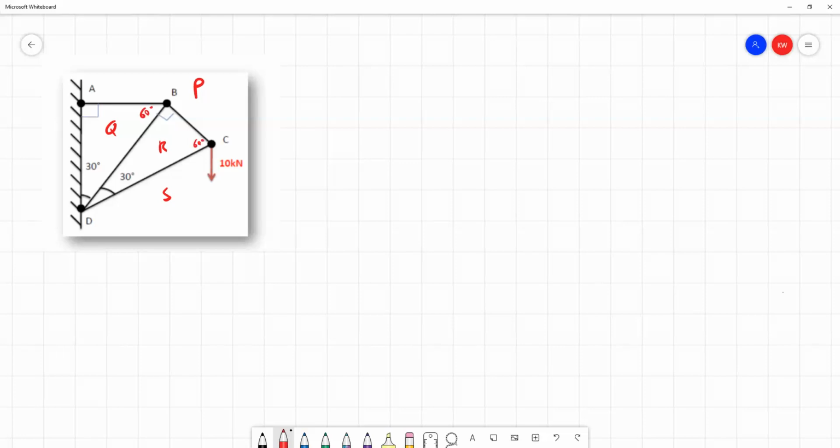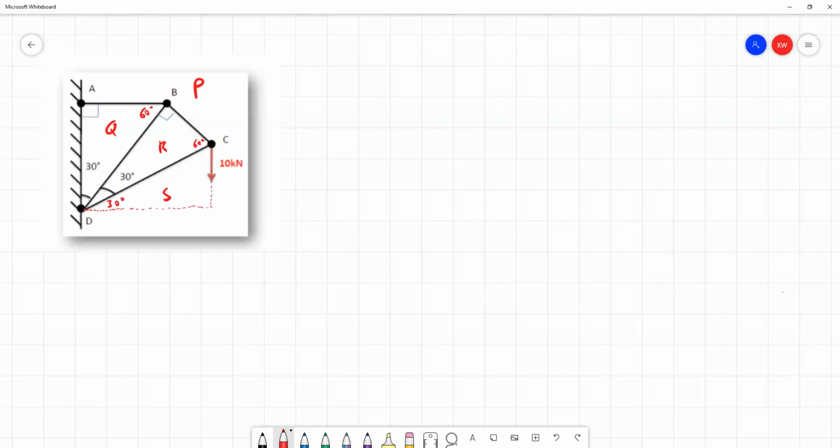This allows us to do something else as well. If we take a horizontal line out from point D, we know that between the wall and this line we must have 90 degrees. And since there's 2 30-degree angles already, this means this must be a third 30-degree angle. If we were to complete this